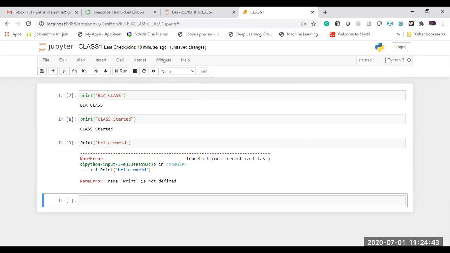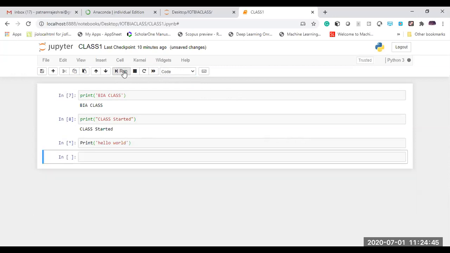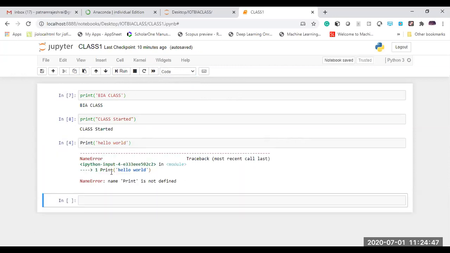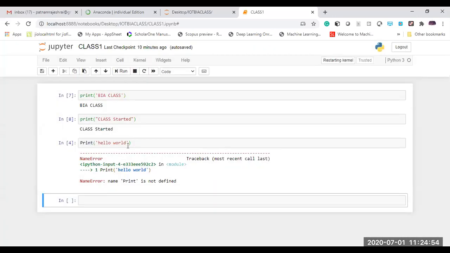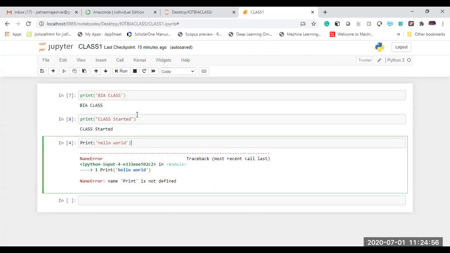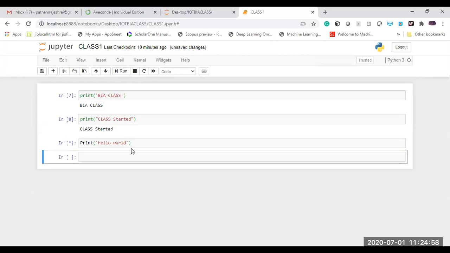Once again, we have some error. So in that case, I will go for kernel and restart, and run again.